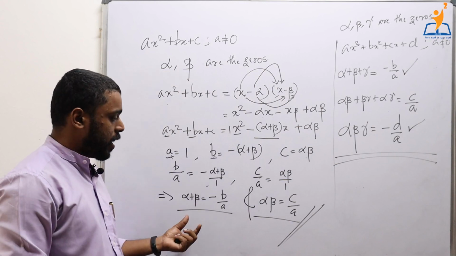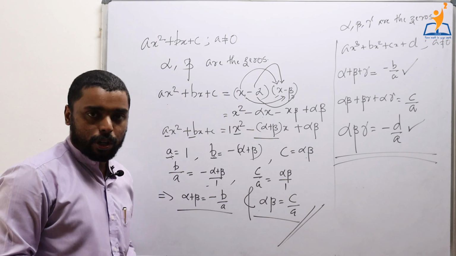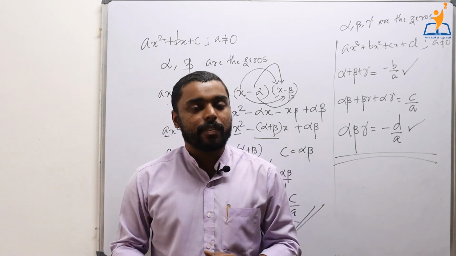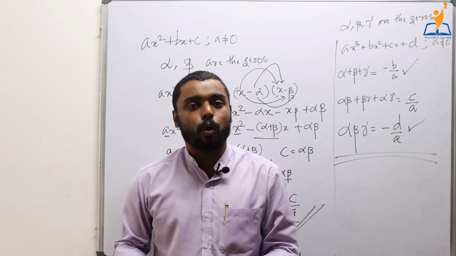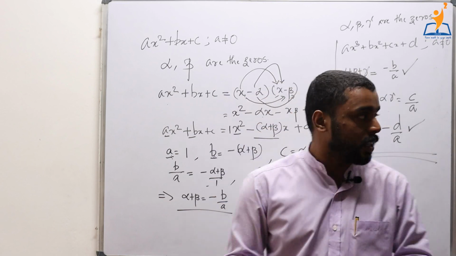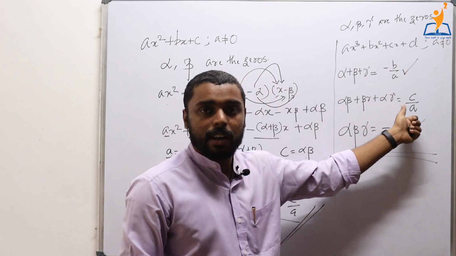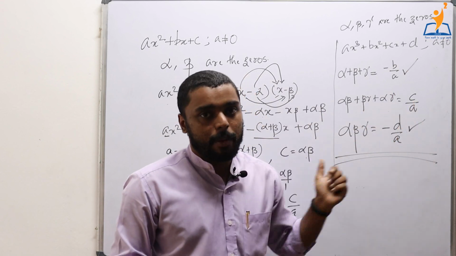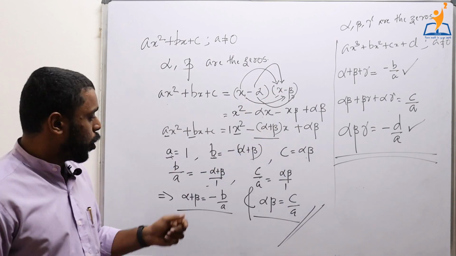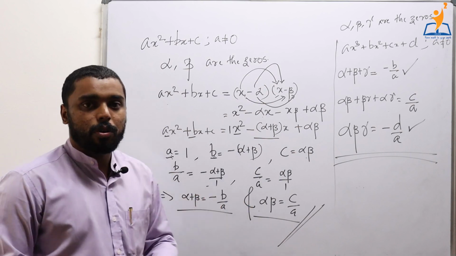Also remember these two results. For any quadratic polynomial, sum of the zeros equal to minus b by a and the product of the zeros equal to c by a. So I hope you understood how we can derive this, and even if you forgot the process of derivation, please try to remember the end result. Alpha plus beta plus gamma equal to minus b by a, alpha beta plus beta gamma plus alpha gamma equal to c by a, and alpha beta gamma equal to minus d by a for a cubic polynomial, where alpha, beta, gamma are the zeros of the polynomial. Also remember that alpha plus beta equal to minus b by a and alpha beta equal to c by a.